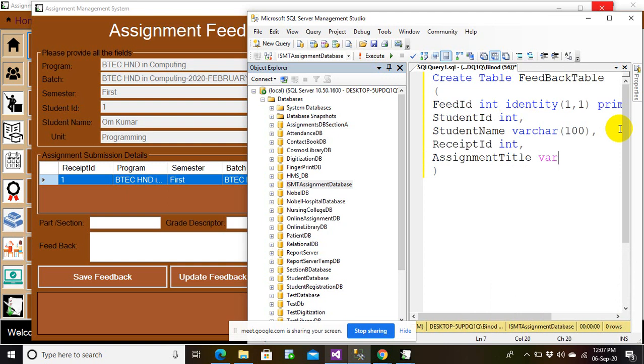Actually, I'm putting some data duplicate because you'll be learning removing duplications in your database management systems, data analysis and design, and you're covering it. You would need a part of the section. I'm making it part underscore of underscore section, so I'm making it varchar 200, and you need a grade descriptor, grade varchar 100,